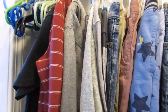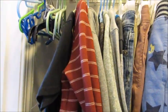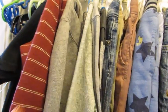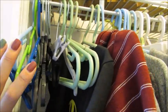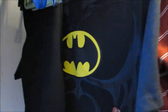And these are just a couple random hoodies. I don't really know why I keep them here, but they do fit him, both of these. I don't know, again, why they ended up here. Maybe because I can just quickly grab them by just opening the door. So just 2 random hoodies here. We have some extra hangers here for clothes that are most likely in the laundry. And then I just have his...